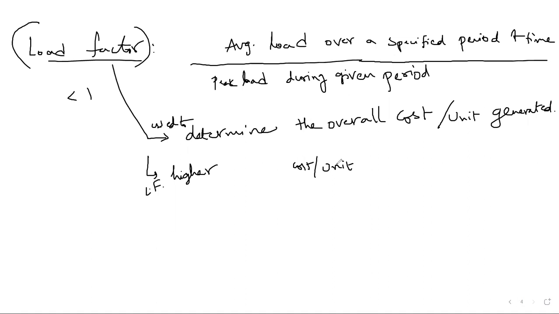if the peak load is decreasing, what about the load factor? Or if the peak load is increasing, you can take either case, increase or decrease. If the maximum load or peak load is increasing, what should happen to the load factor? It should be inversely proportional. Good. Therefore, when the peak load increases, the load factor reduces.